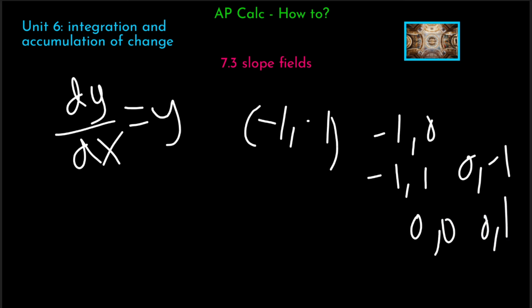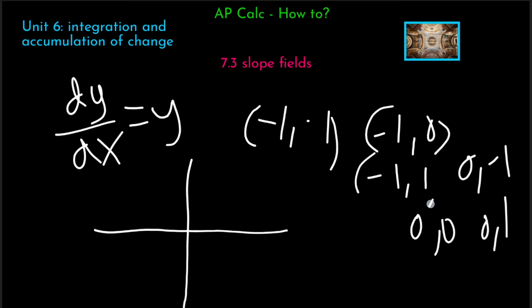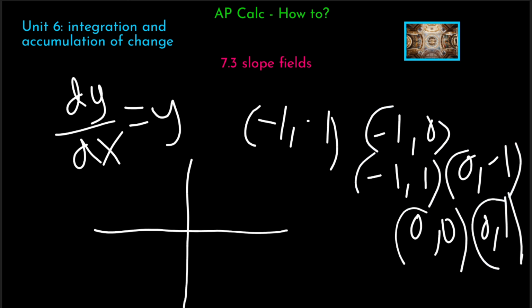So, to do this, we'll draw a grid and plug in. So, we'll start with negative 1, negative 1. So if you plug in all your points, there's no x value, so you just plug in the y. It's going to be negative 1. So negative 1, negative 1,